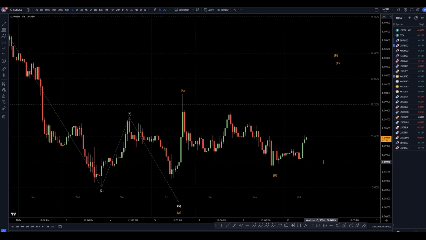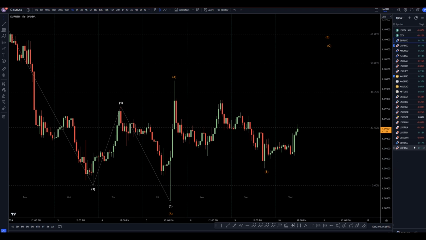So taking it down to the 1 hour time frame, one of the important things to notice is that we still barely have a break of structure. So if this does make an engulfing move to the downside, I would actually take it as a short. But I do believe that this is the end of a wave B, and I do believe that it's probably not going to make that engulfing move, and that it's probably more likely that over the next day or so